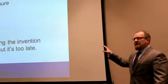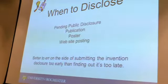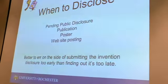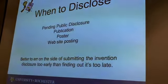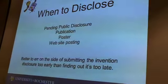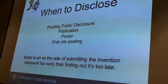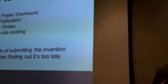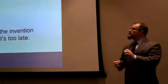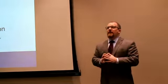I know I've already discussed this very briefly, but I want to press on this. It's something that Reed brought up in the last presentation, and I don't think we can say it enough. When you're doing your work and you think you have an innovation that's worth disclosing, when should you disclose? I'm begging you to err on the side of disclosing early. I would personally rather, in our office, would rather you disclose too soon and be in a situation where we tell you, okay, we're going to hold back, we're going to wait on this one to let you do further